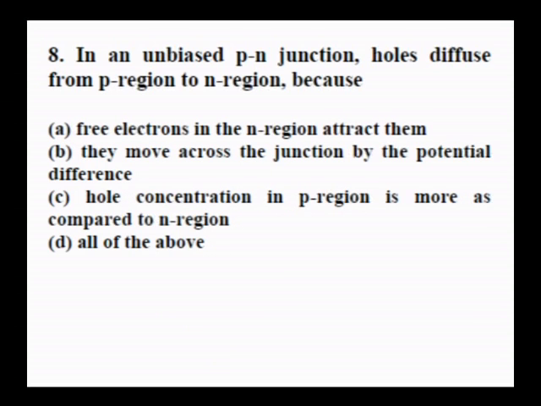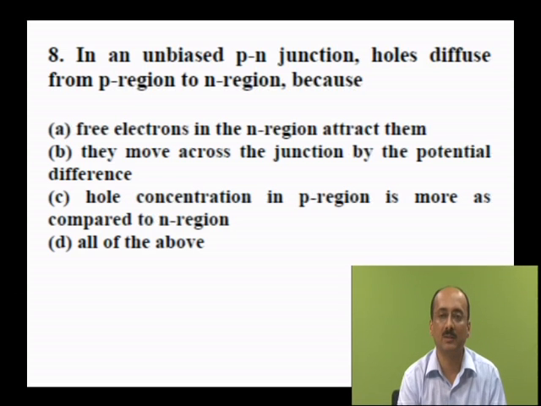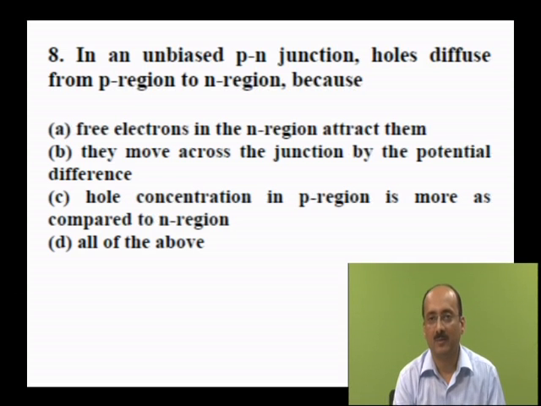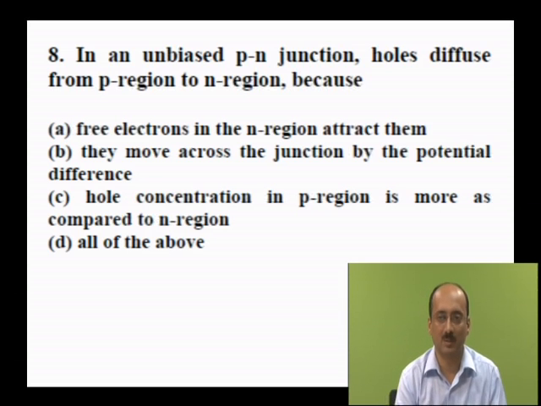In an unbiased PN junction, holes diffuse from P region to N region because free electrons in the N region attract them. They move across the junction by the potential difference. Hole concentration in the P region is more as compared to N region. All of the above. Now generally when you say holes diffuse from P region to N region, essentially diffusion is